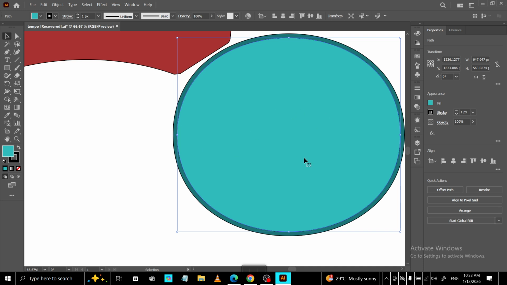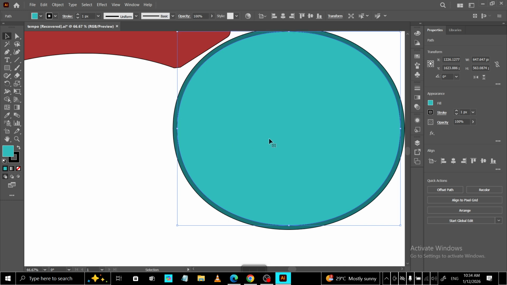Offset path gives you precise control over spacing and corners while keeping your original artwork